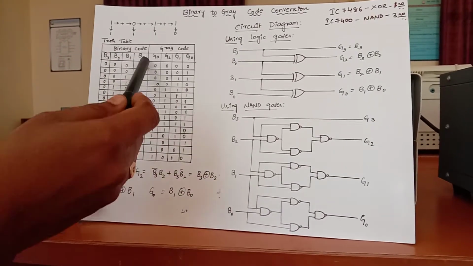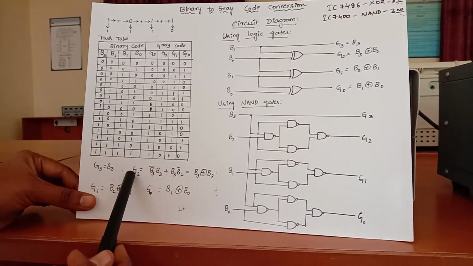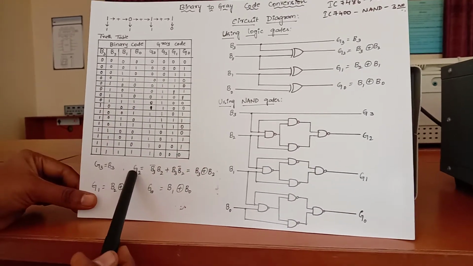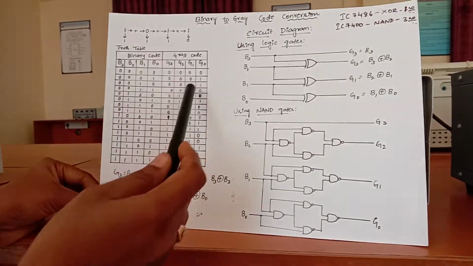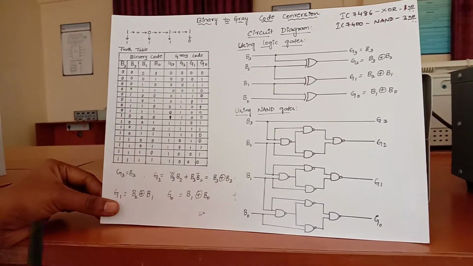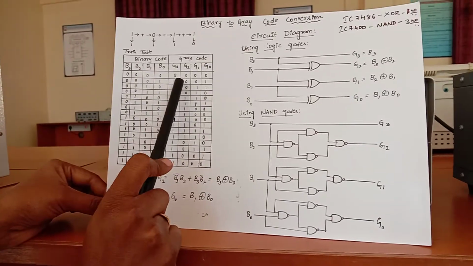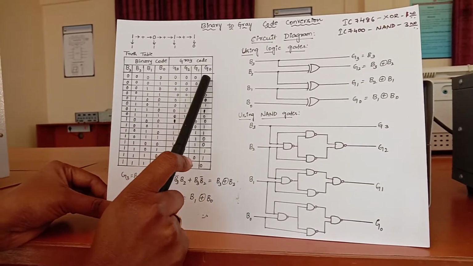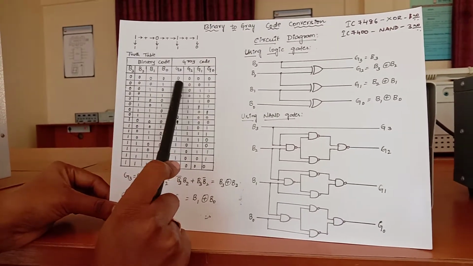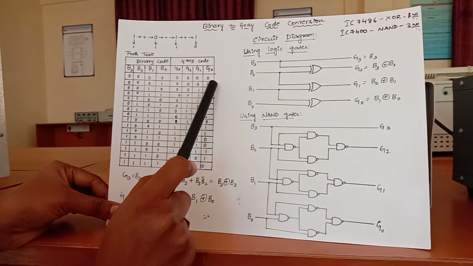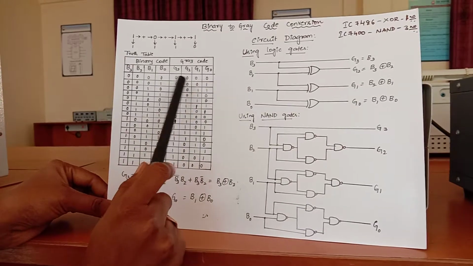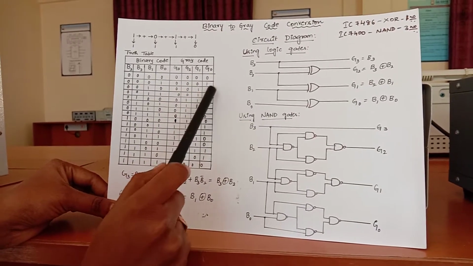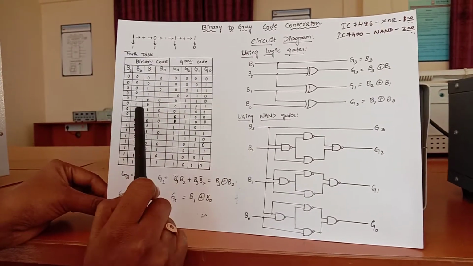Okay, you can see here from 0 to 15 we have written 16 numbers. To convert this, again we are going to apply the same procedure. Therefore we will get the gray code, and you can observe that when we compare one number to the next number, only one bit changes. You can see here, this is 0 0 0 and the next is 0 0 1. That means only one bit is changing over here.